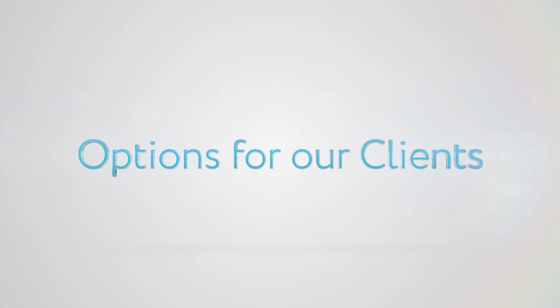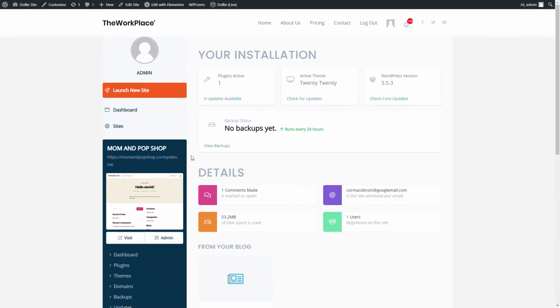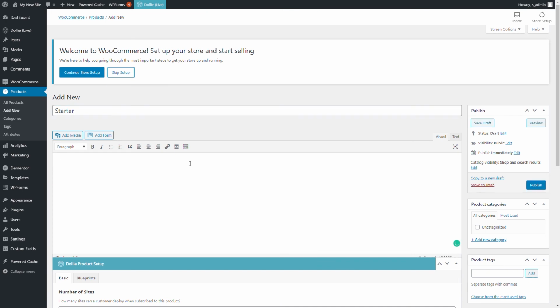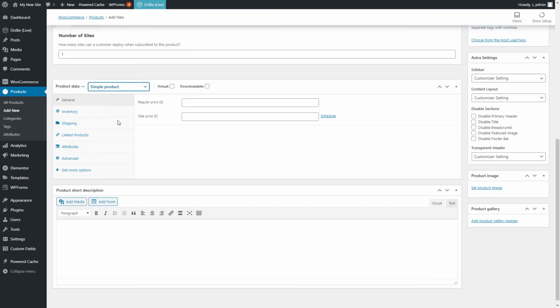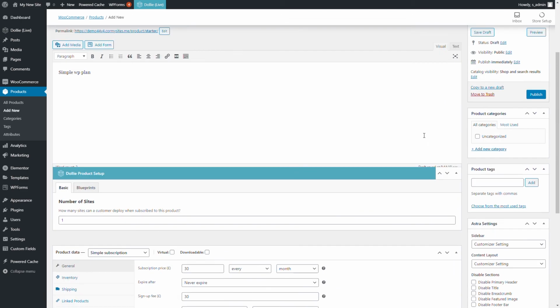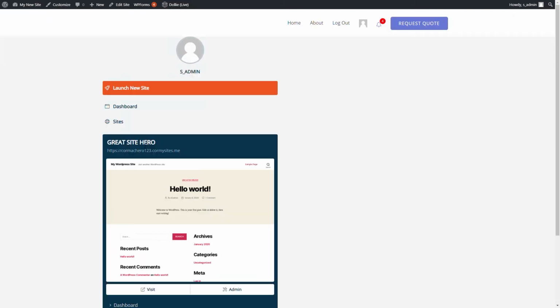Options for our clients. Currently, our potential clients will only be able to launch a basic WordPress installation just like we did. However, blueprints now come to the rescue. So let's create a blueprint from the site that we've just created, and then we'll add it to our product. After this, our clients will be able to choose which blueprint to use for their new site, the default one